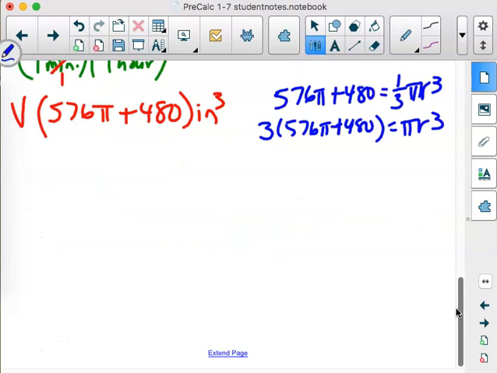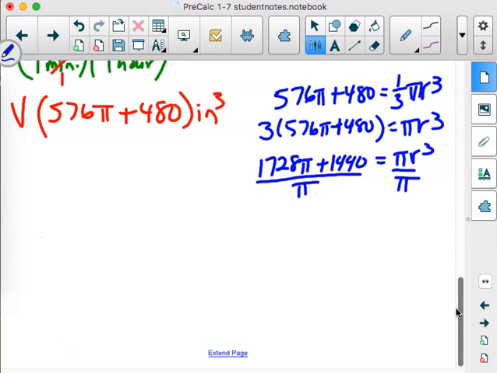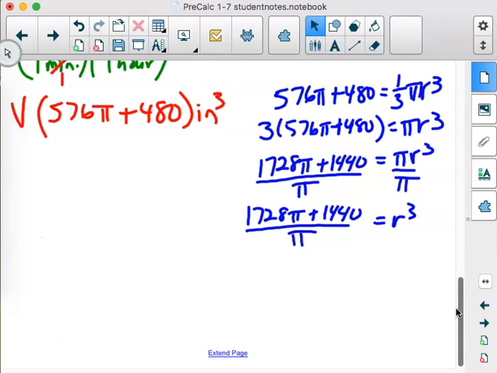and get some space. That will give us 1,728 pi plus 1,440, and that's pi r cubed. Then we need to divide both sides by pi. Don't punch anything in yet. What we're trying to do is avoid a rounding error. What we want to do is punch this in as one statement and let our calculator give us the answer as exact as possible. So 1728 pi plus 1,440 divided by pi, and now we would have to take the